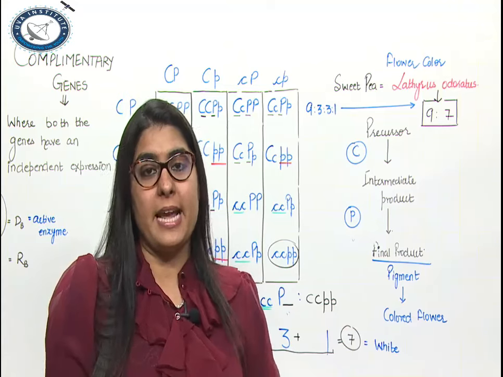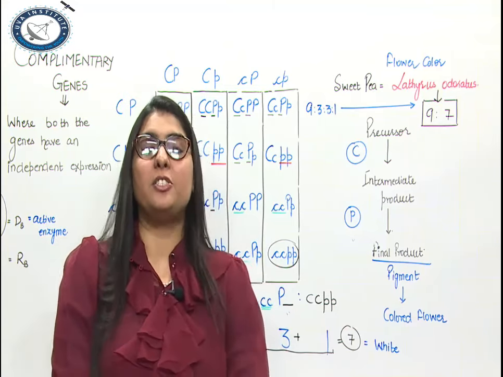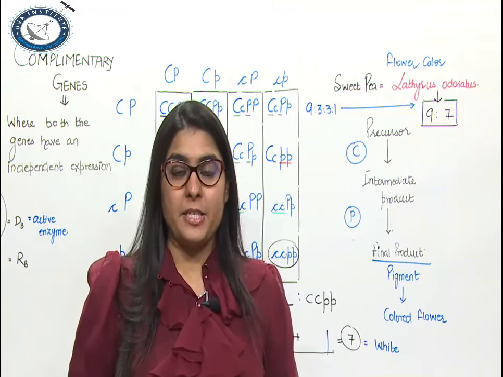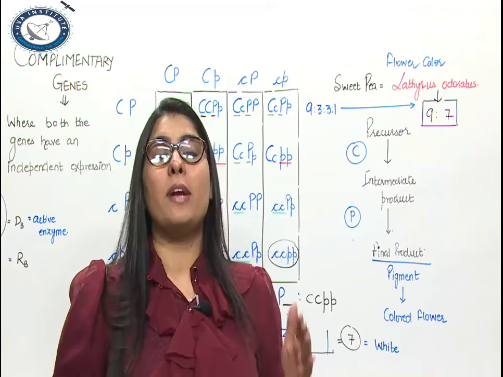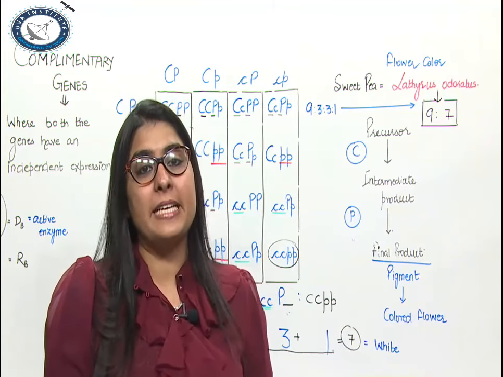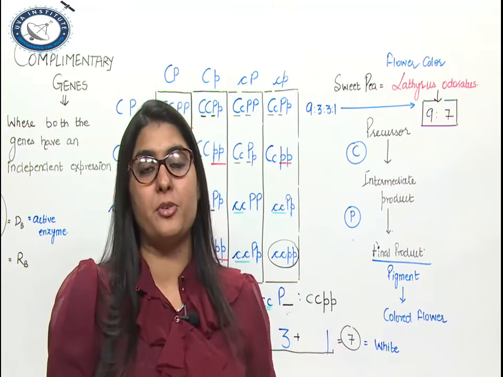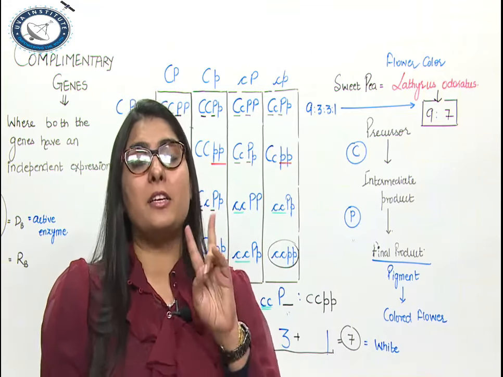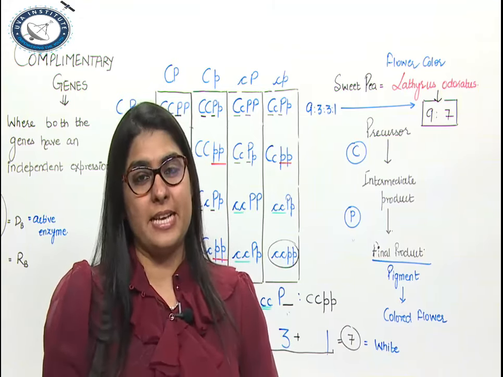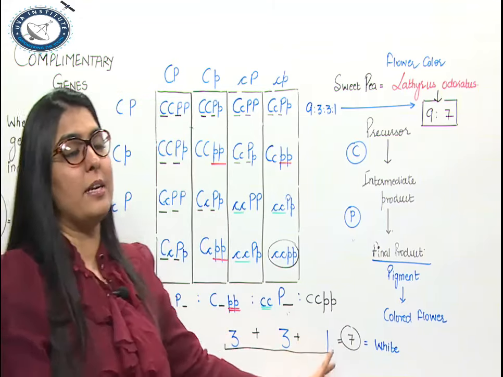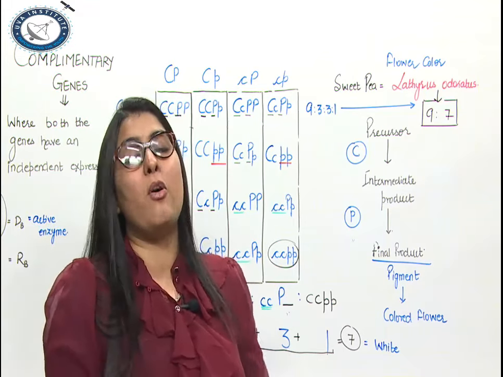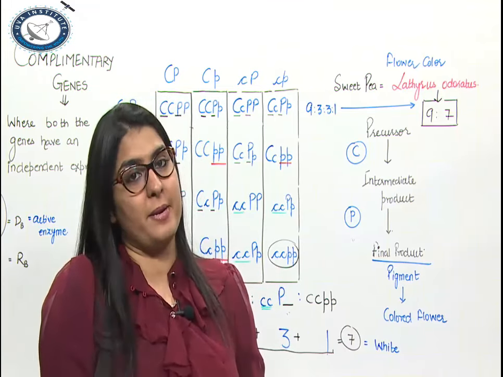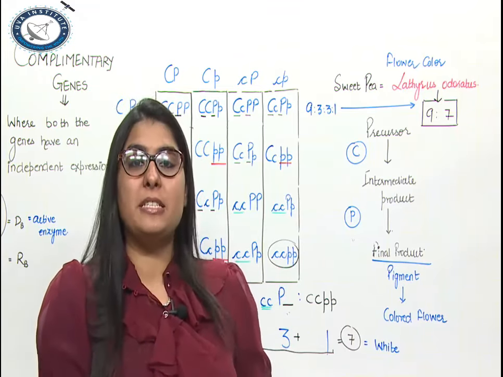I must tell you once again that in intergenic interaction, the genes are non-allelic. They interact to alter the phenotypic effect, and the phenotypic effect of an ideal dihybrid cross, that is 9:3:3:1, is altered to some other ratio. In complementary genes, it is altered to 9:7, where either of the 2 genes is not dominant and is recessive, which comes 3, 3 and 1, total 7 times in the population of F2 generation, that is second filial generation of Mendelian experiment. I hope the complementary genes are now clear to you.